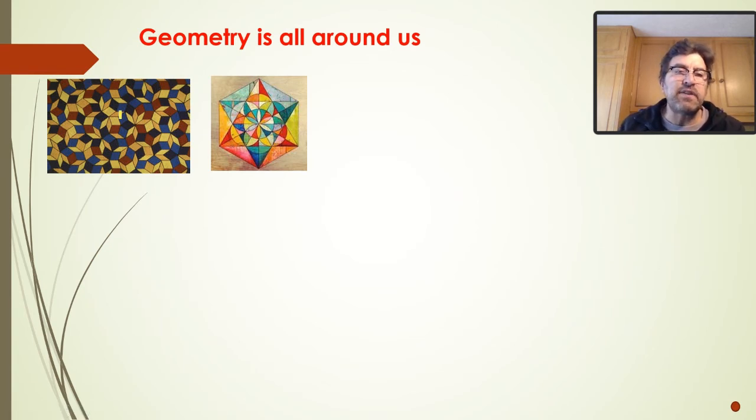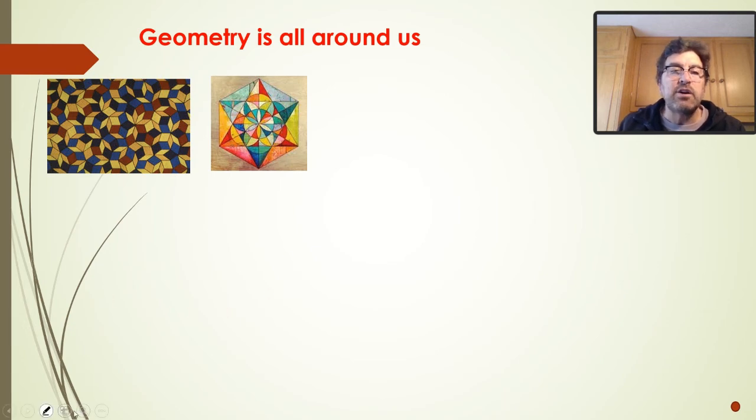Transformations also play a major role in artwork and in many cultures. For example, they appear in pottery patterns, in tilings, in wall decorations, in friezes. There's so much more that we can say about where transformations appear in the real world. It's all around us, folks. Look at that first figure over here. That's a tessellation of little parallelograms and squares that have been tessellated onto a plane to form something visually appealing as what you see over there. The same thing happens here. We've got the triangle, the Star of David, you can see hidden in there. We've got these two triangles. Inside the triangles, we've got circles that are intersecting. In those intersections, we can create art by putting different colors in there.